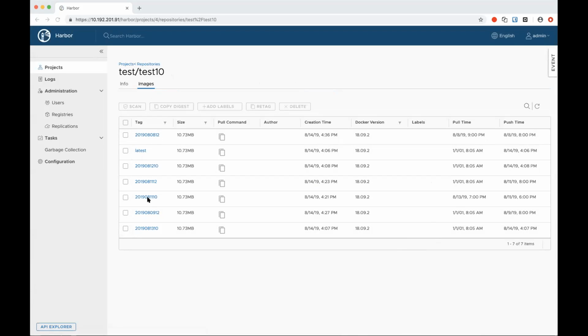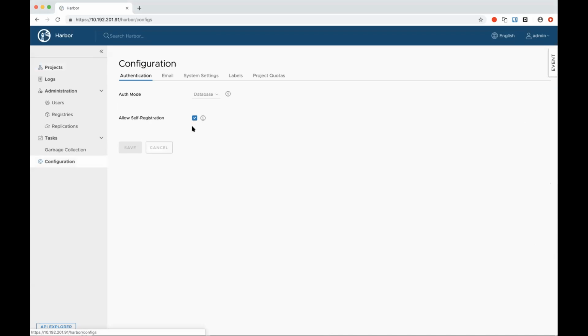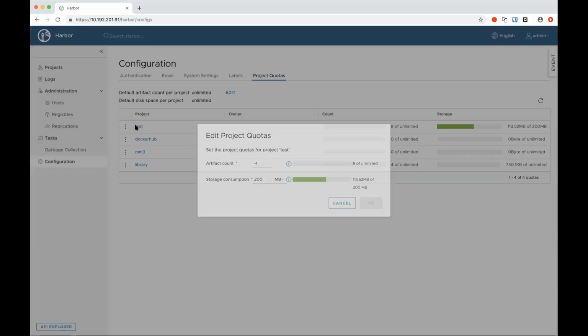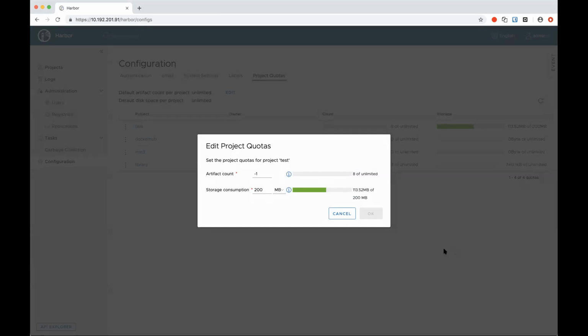I will also show the quota here. Yeah, I think in the last community meeting we demoed quota and tag retention separately. Today's demo will be about those 2 related features. So triggering tag retention may influence the quota. Yes. So it's a combined scenario.